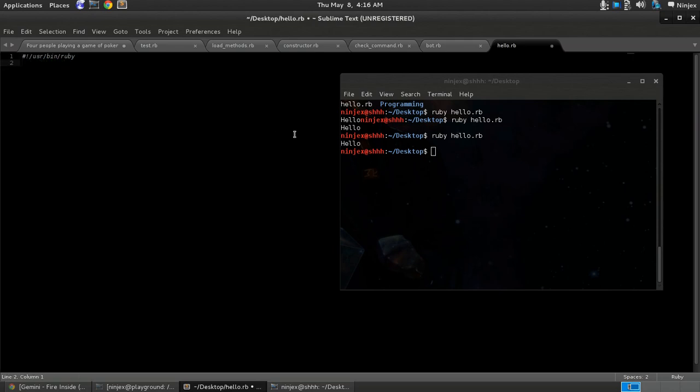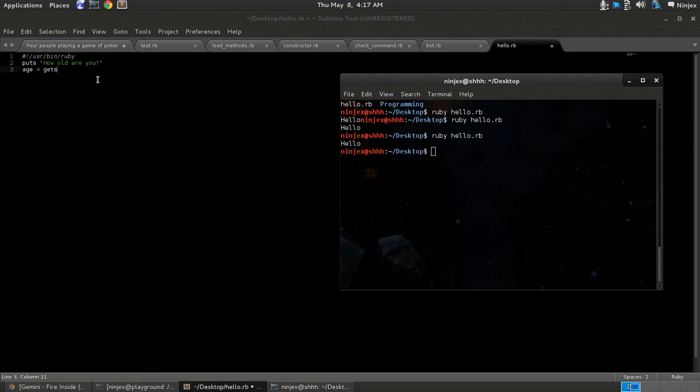Now you can also get user input with the gets command. So you could put puts, what is your name? Or here we'll say, how old are you? Question mark. And we'll say age equals gets. And so basically this right here is how you store variables in Ruby. You don't need semicolons or anything like that. You're saying the variable age is equal to gets, which is going to be whatever the user enters into the